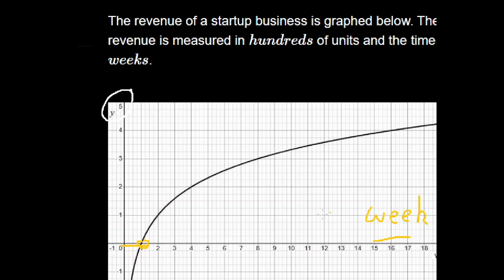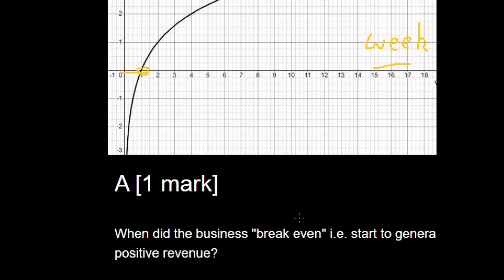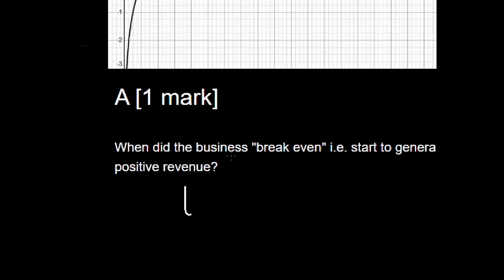And the question itself is asking, when did the business break even? So I've already highlighted it here. It's going to be when the y-axis is equal to 0. You're bringing in $0 now. So you're not spending money to start the business, but now you're saying it's $0. You've broken even. So really easily and quickly for this one, this question here is just going to be t is equal to 1